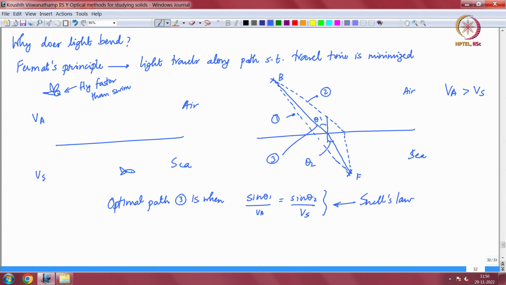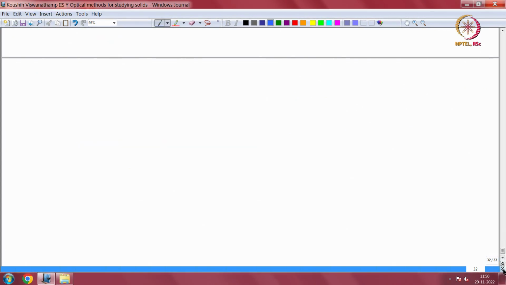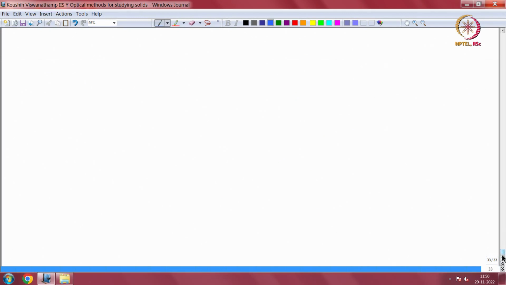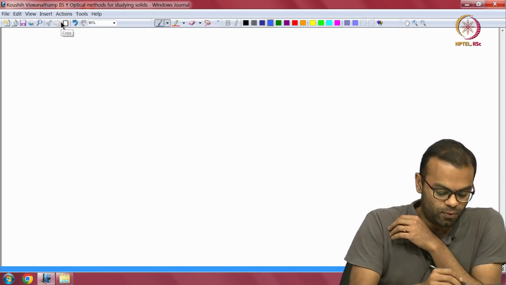Okay, so it really tells you that the light that is travelling through these media is actually going in such a way that it minimizes its travel time, right. So it is consistent with Fermat's principle. So now the next question is, okay, why should this happen? Why should it minimize its travel time? And the answer to that is fairly deep, and it is not something that we can get to. In fact, I am pretty sure I do not know the entire answer myself, but let us ask the equivalent question, or somewhat equivalent question, of what happens